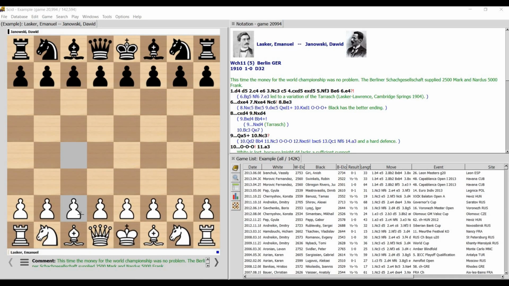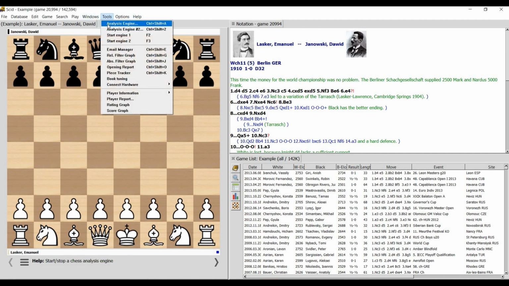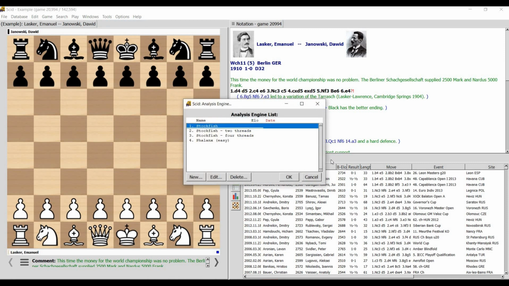Now guys, this is the most important step. Step number 3, you have to start the Scid software. If you are not aware what Scid is and how to install it, please click the I button above to learn about it and the installation process. Now let's come back to the software. Once you open this Scid software, which is free, click on Tools, then on Analysis Engine. It will show you this window. If it doesn't, you can try the same process again.